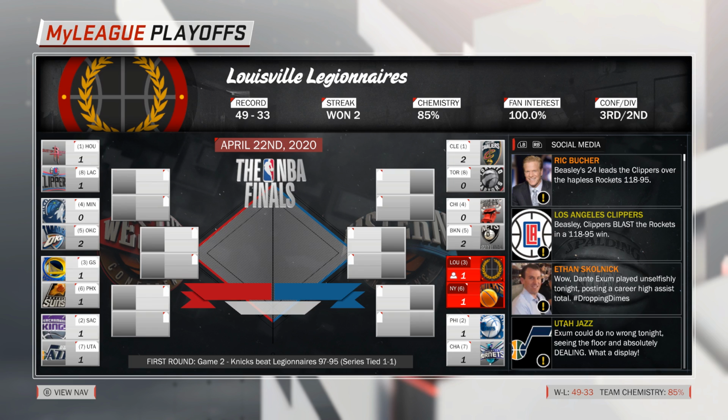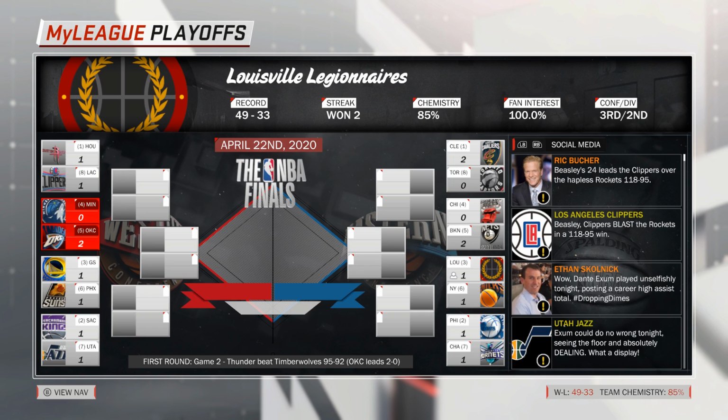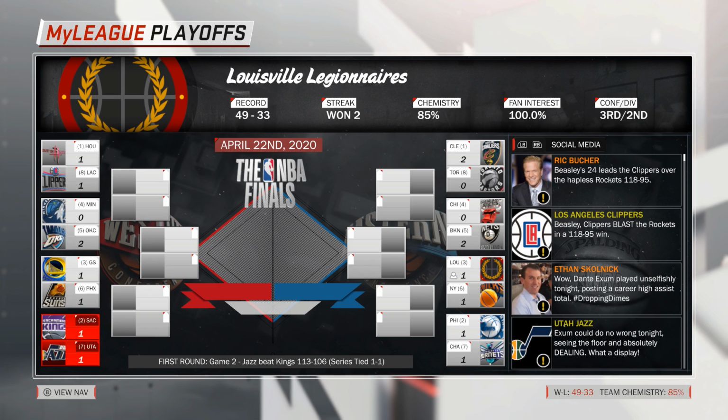the first round. Out west, the Clippers secure a 28-point victory over the Rockets to tie the series, while the Thunder go up 2-0 after a 3-point victory against the Timberwolves. The Warriors beat the Suns by 14 and also tie things up, and the Jazz win in Sacramento and also